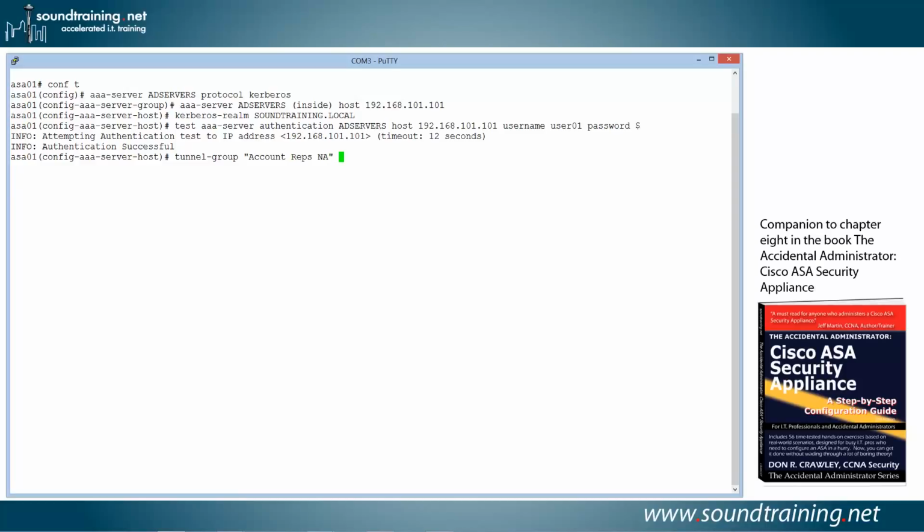And then I'm going to use the command general-attributes. Notice that the prompt changes now to config-tunnel-general. All I have to do is add in my Kerberos authentication group, which is the AD servers, as you'll recall. So we'll use the command authentication server group AD servers. Now I'm also going to add on here local, and the reason for that is because